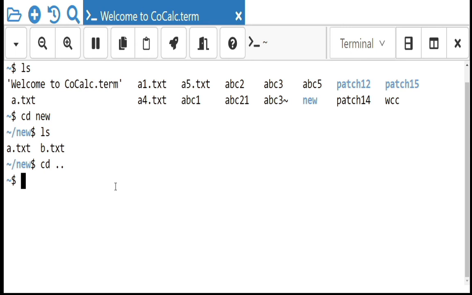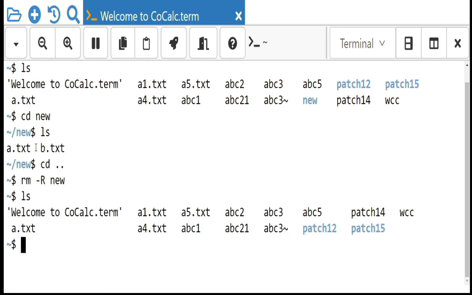So recursive means what? With this option the rm command is going to perform a tree walk and it is going to delete all the files and the subdirectories recursively of the parent directory. So -r, small letter or the capital letter, can be used. Then just give the folder name. We will see whether it is going to work or not. Okay, now see, new folder is not there. If the new folder is deleted, what does it mean? Even the files will get deleted from the new folder.